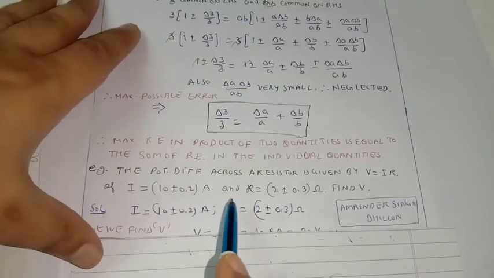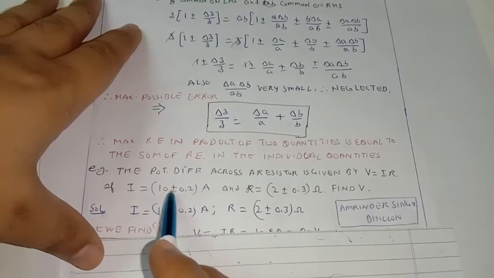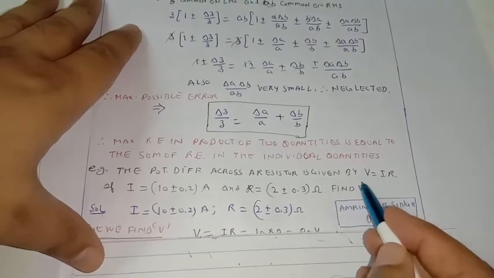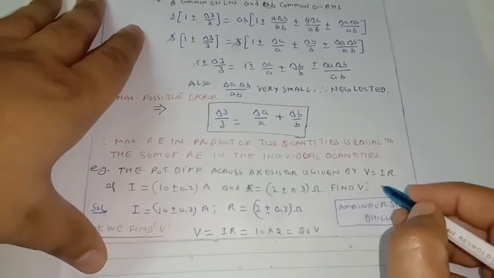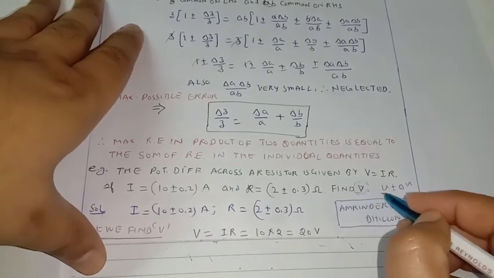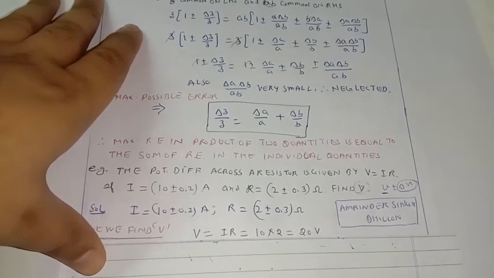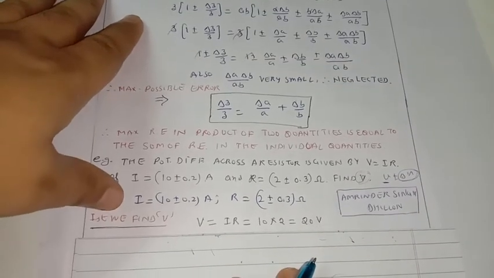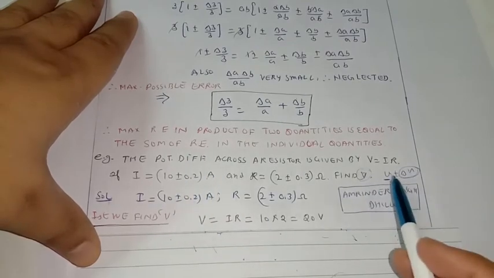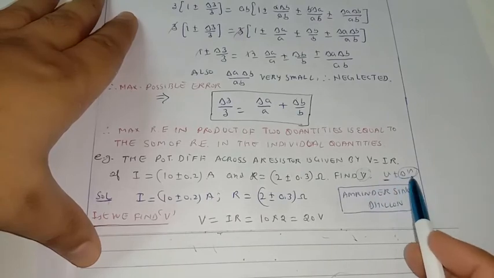So in order to find out V, we see that I is written as I plus minus delta I, R is written as R plus minus delta R. This means that when we express our potential difference, it will also contain terms like V plus minus delta V. So we are to find not only its absolute real value, but also the absolute error in the potential difference. So first we are finding out V. Whenever we have the product of two quantities, remember we are to find V and delta V separately. First we find V. Without V we cannot get delta V.